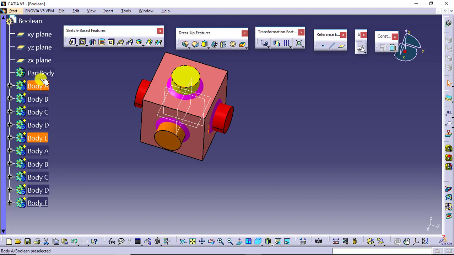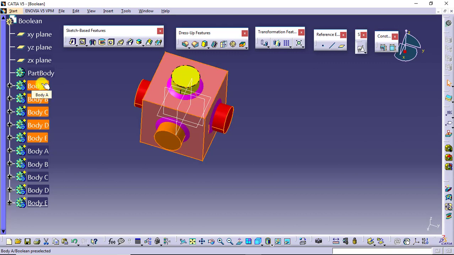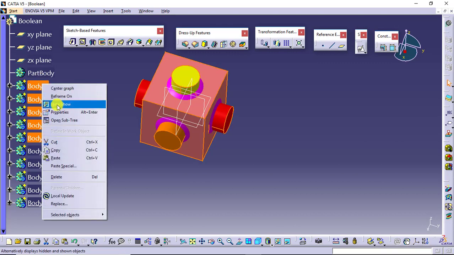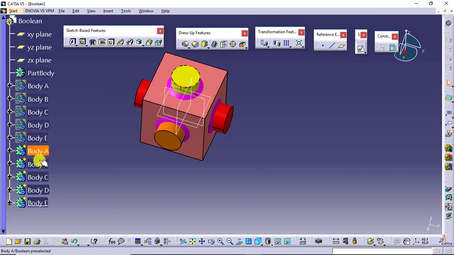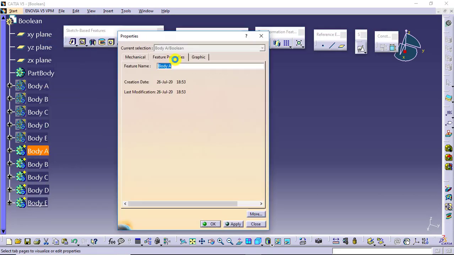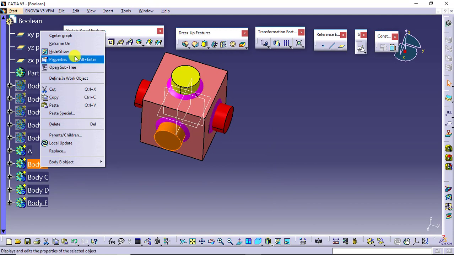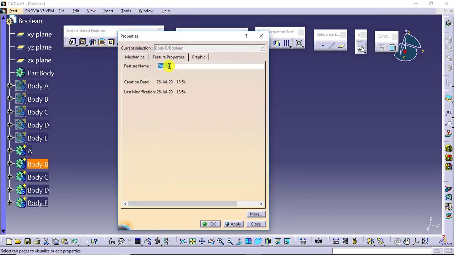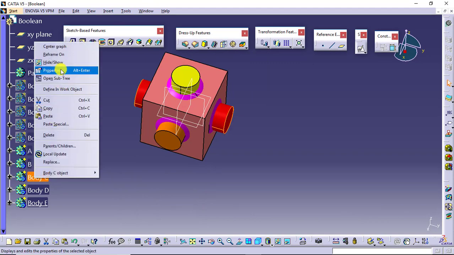The master bodies, the features bodies, I will select and hide them. And for these bodies, I will change the names as per my requirement. So let's say I will give them A. These are the copies, the non-parametric ones. So I will keep it in that manner.